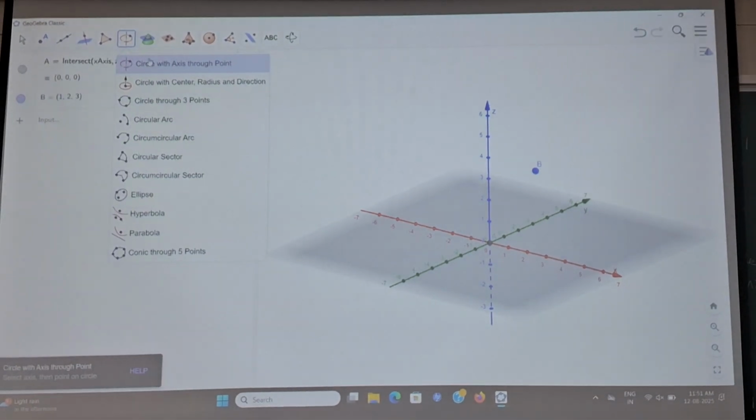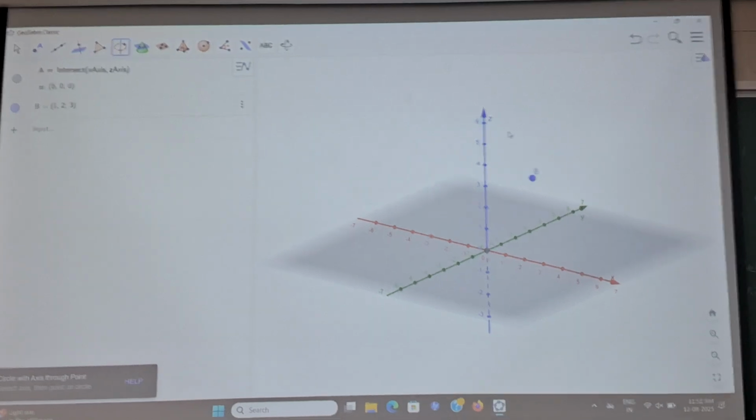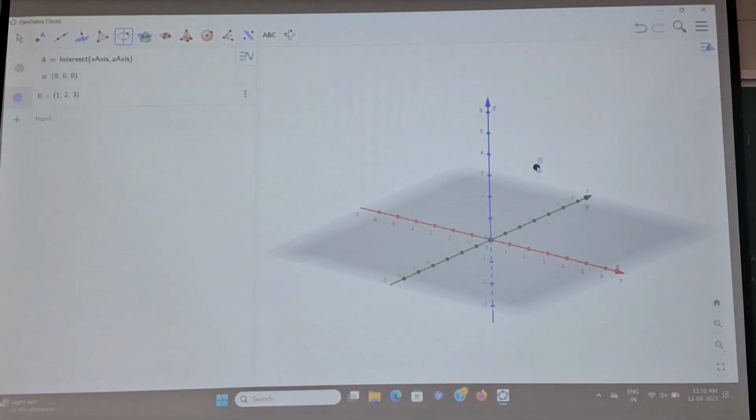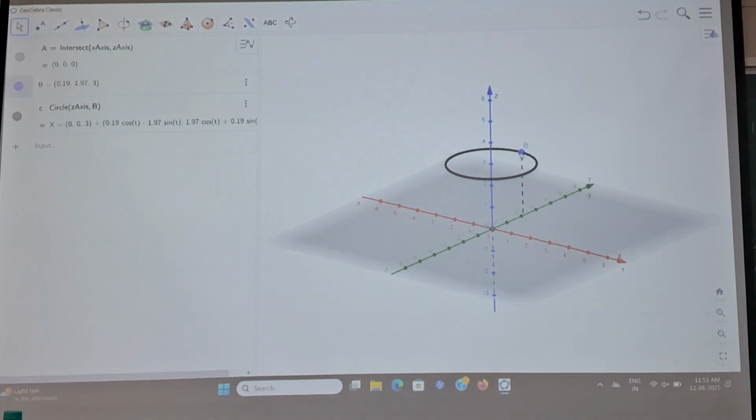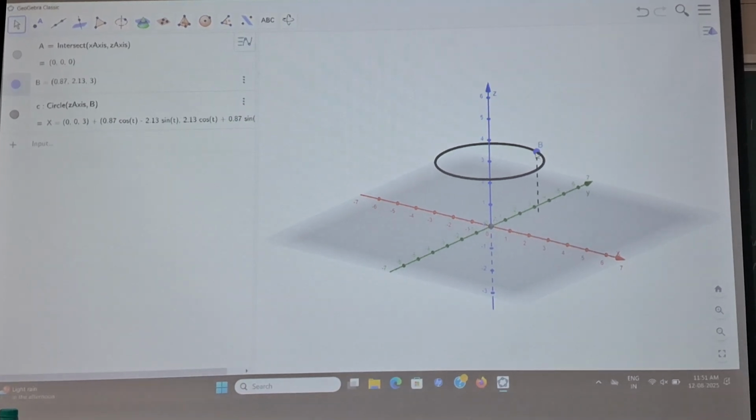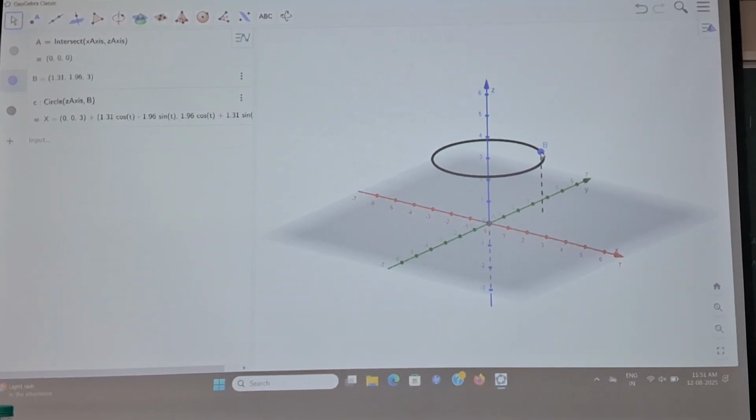Circle with axis through point. I will click on Z axis, then point P. Now if I move the point P, the circle radius changes, but I want a fixed circle. So what I will do,